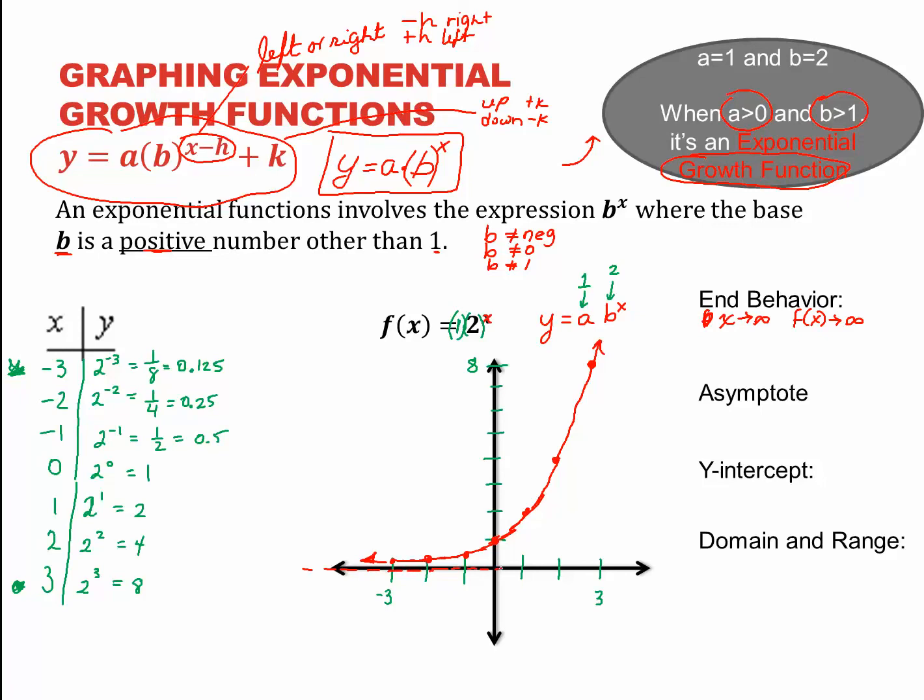And that value happens to be a horizontal line at y equals 0. So it's a horizontal asymptote. So as x goes to negative infinity, the function is approaching 0. We have a horizontal asymptote